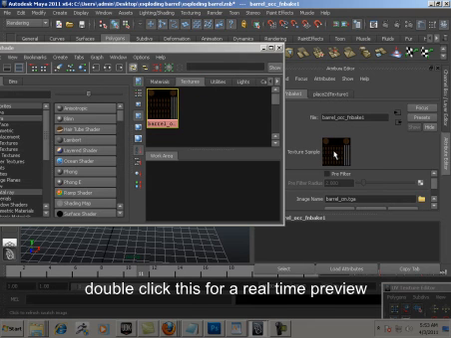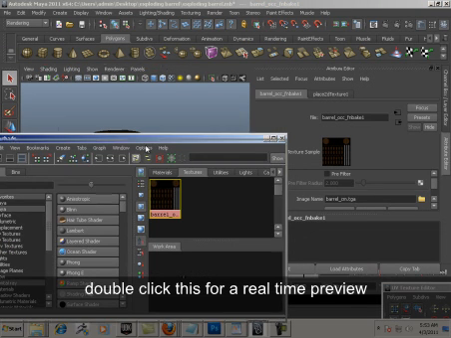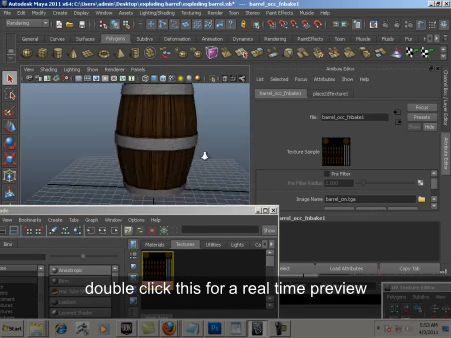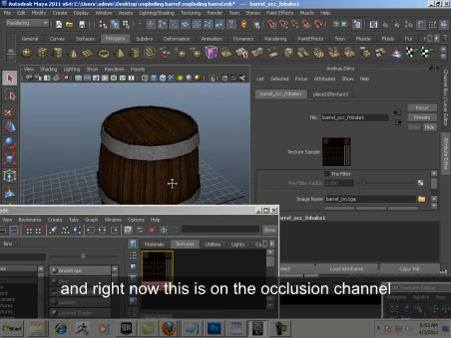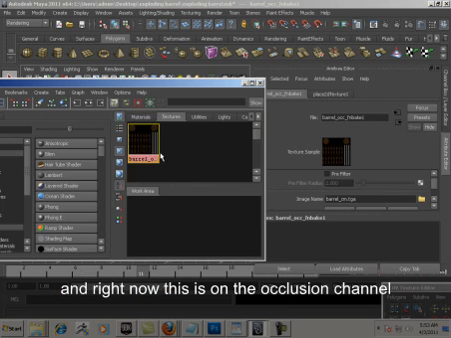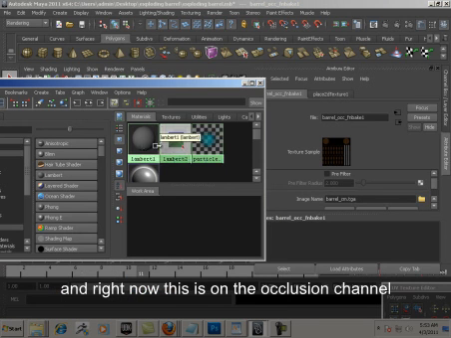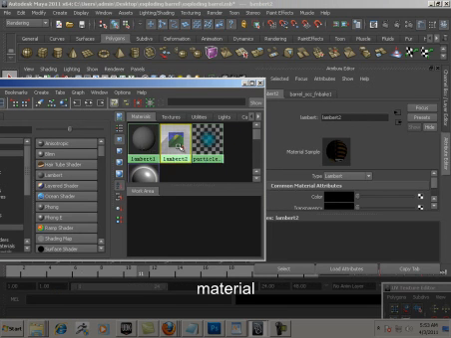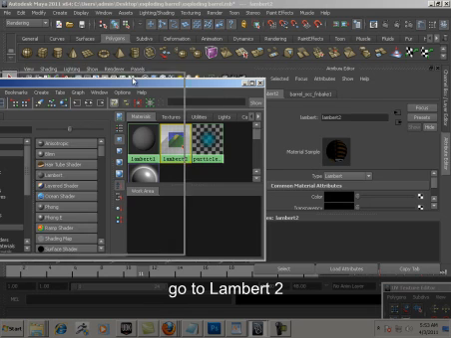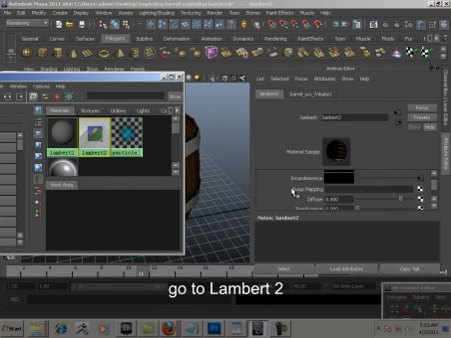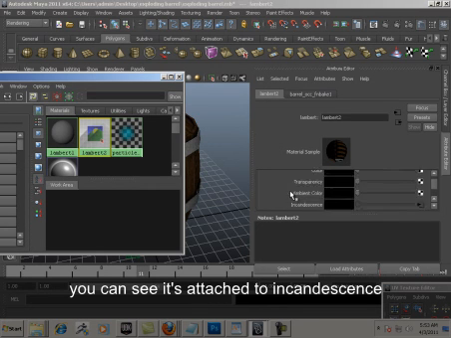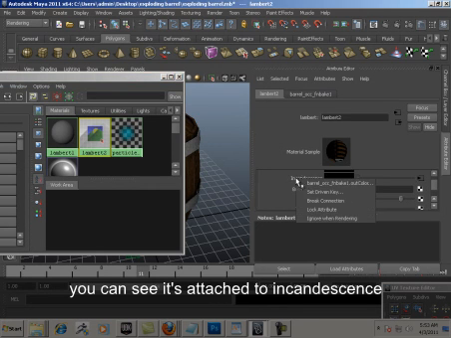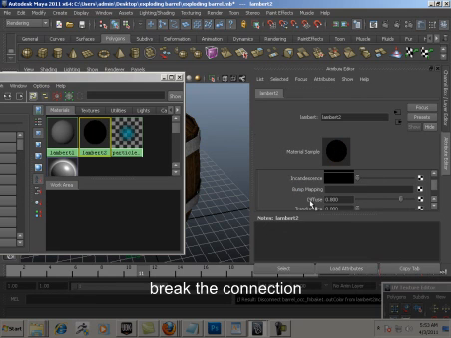Double click this for a real-time preview. And right now this is on the occlusion channel of your material. So if you go to Lambert 2, you can see it's attached to incandescence. Remove it, break the connection,